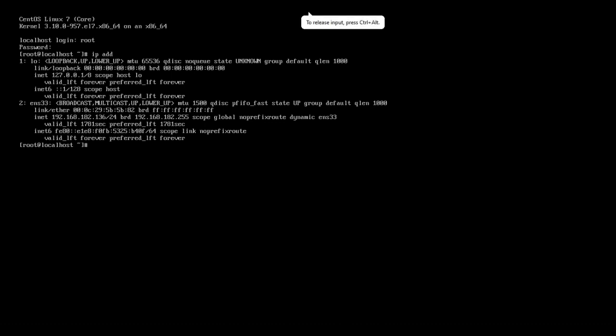Let's clear first. To check the release, the command is cat /etc/redhat-release. You can see CentOS Linux release 7.6.1810 Core.